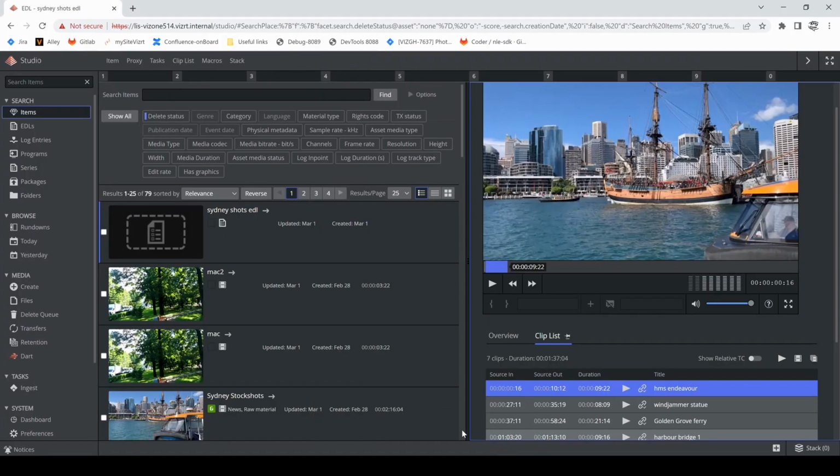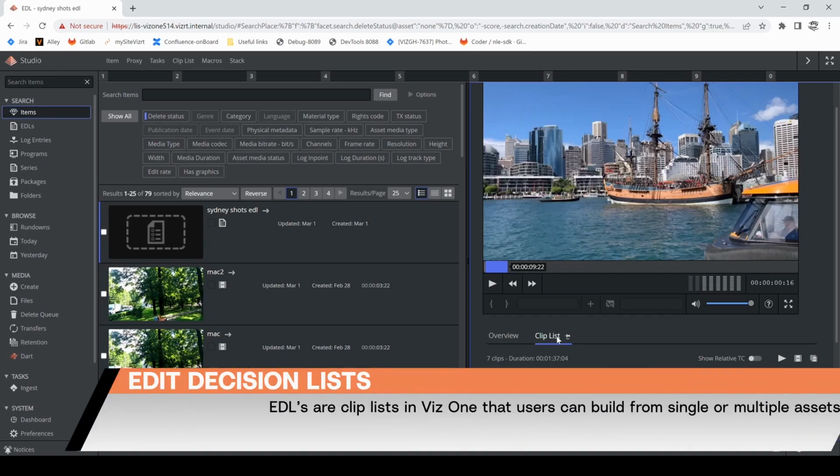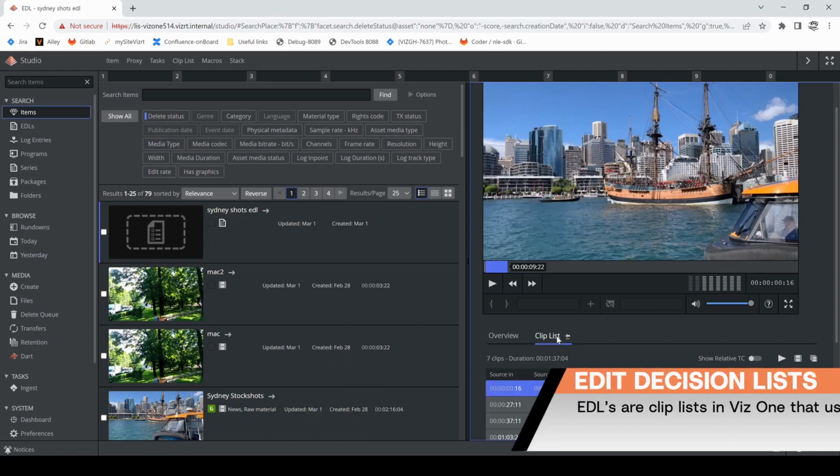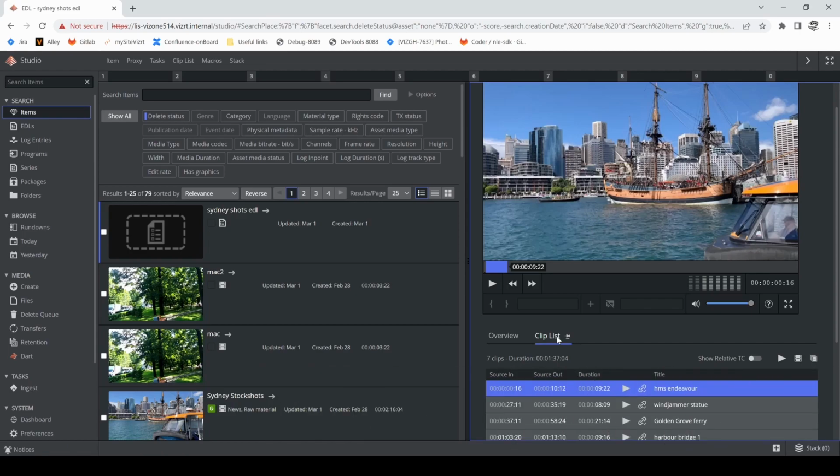Just a small bit of background here. EDL stands for Edit Decision List, but in simple terms, it's a clip list in Viz One, which the user can build up themselves through searching and identifying desired material. And that EDL can be composed of clips from single or multiple assets. So depending on how our Viz One is configured, we might see these EDLs in item search or in a